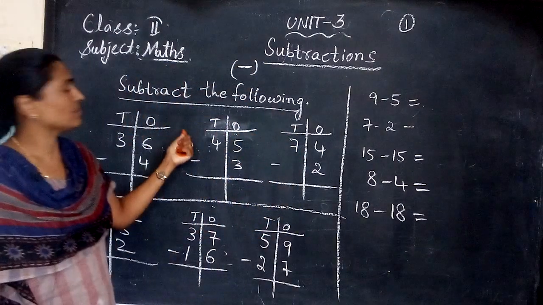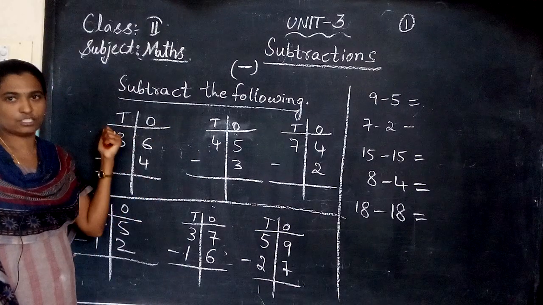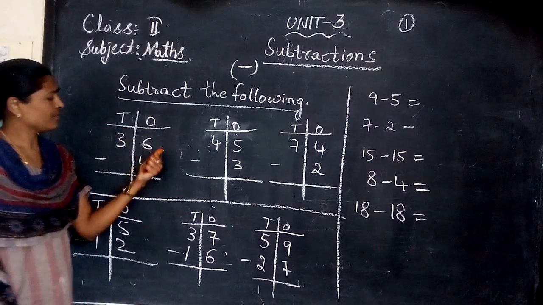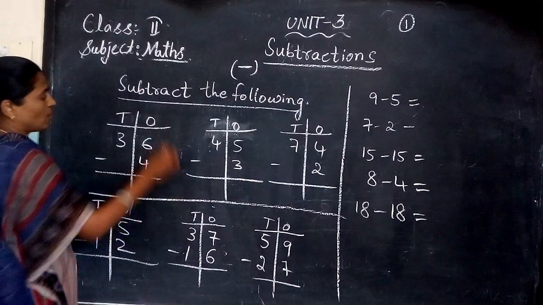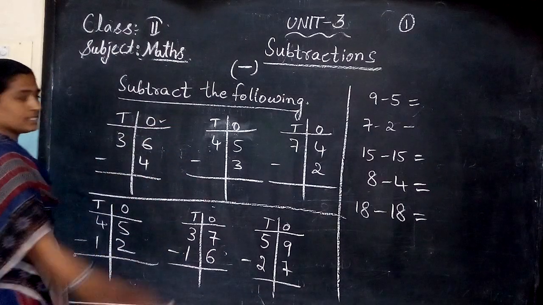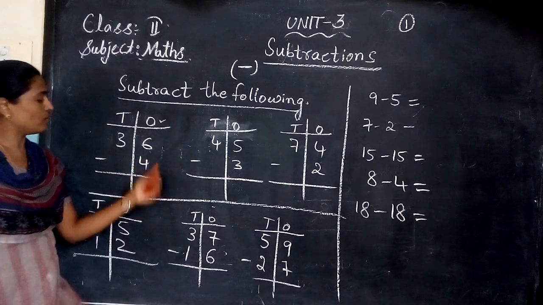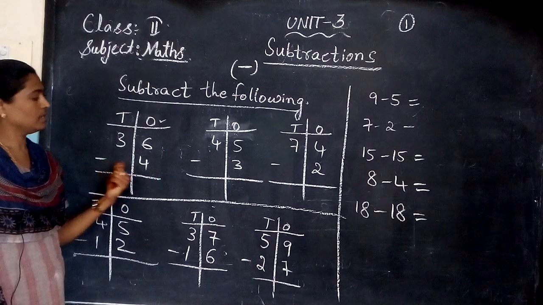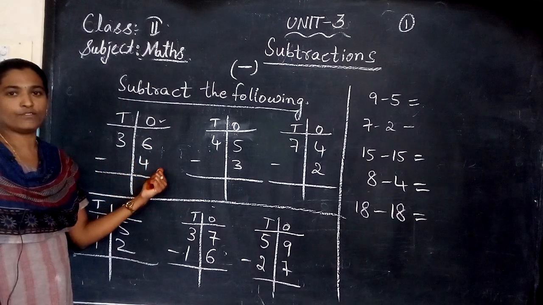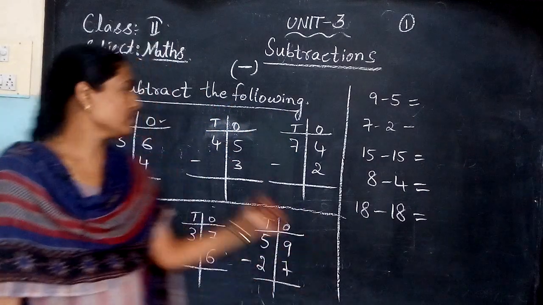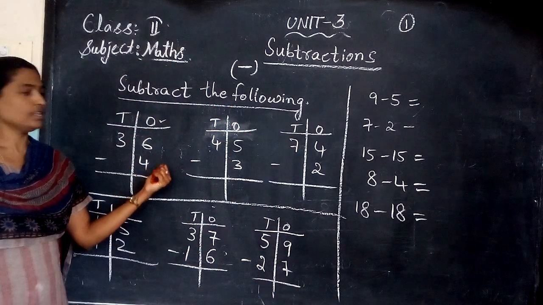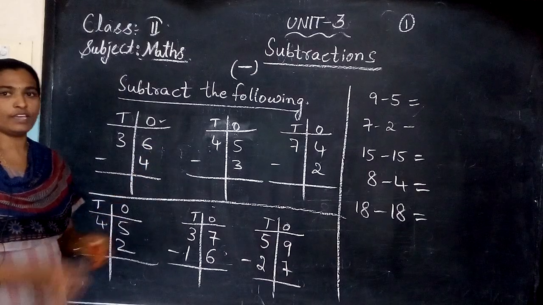Now here also we are taking ones and tens columns. From which side onwards do you have to count? Here also you should count from the ones column, that means your right hand side. Now count. What is the symbol? Minus. 6 in the mind, again 4 in your fingers. In addition you used to count after. Now in subtraction you have to count before.